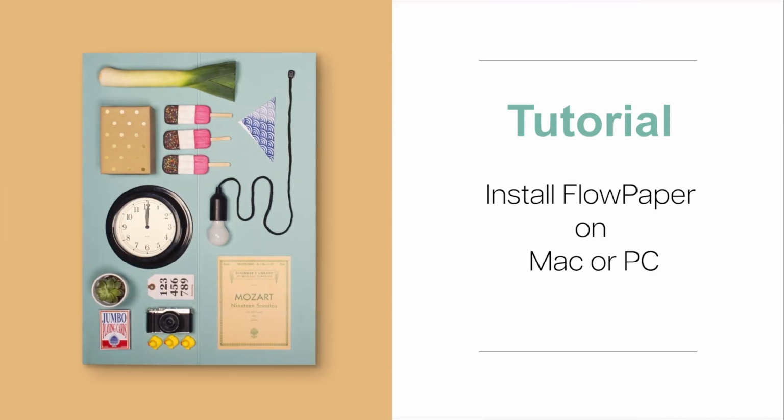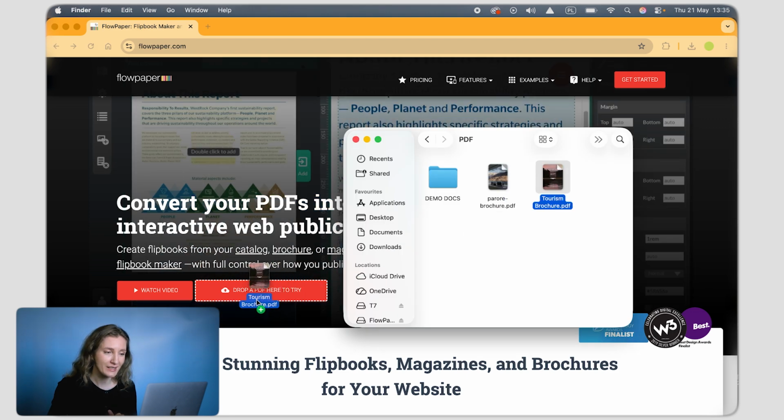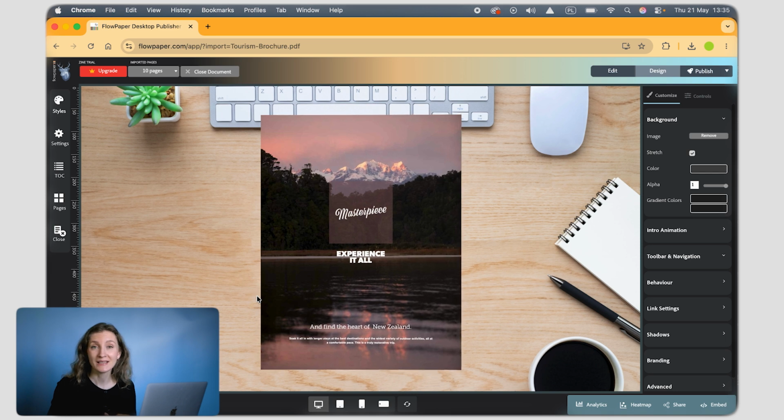If you're just getting started with FlowPaper, setting everything up is actually very simple because you can even start working with your PDF directly from the FlowPaper homepage without installing anything first. You can simply drag and drop your file here and immediately test the editor, but for long-term use, I definitely